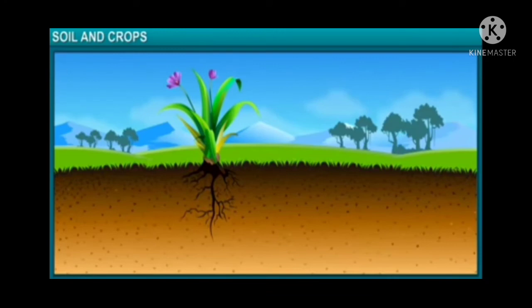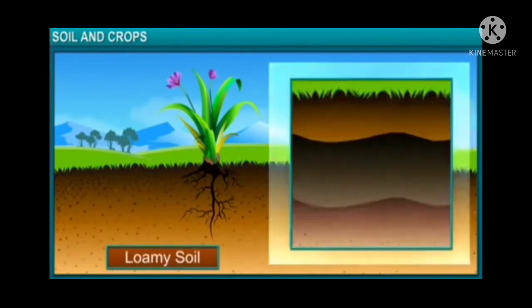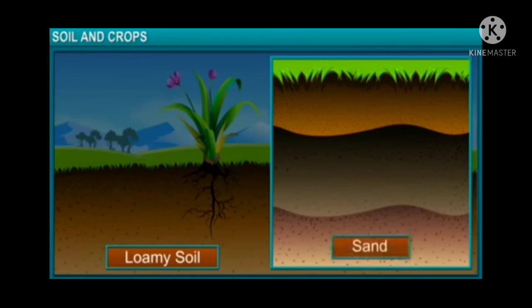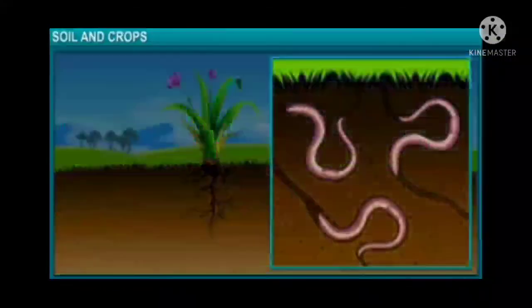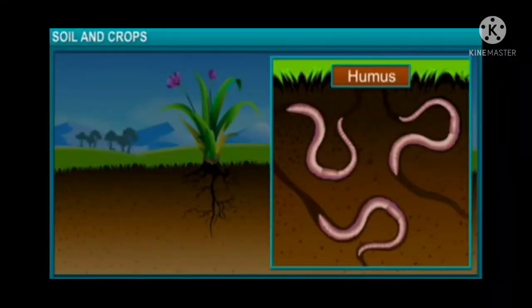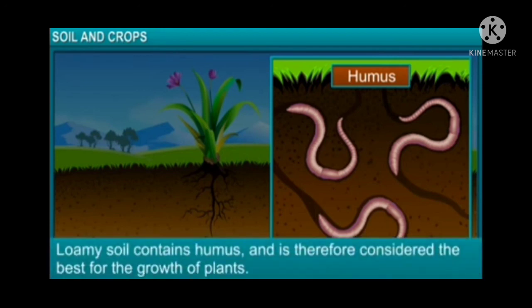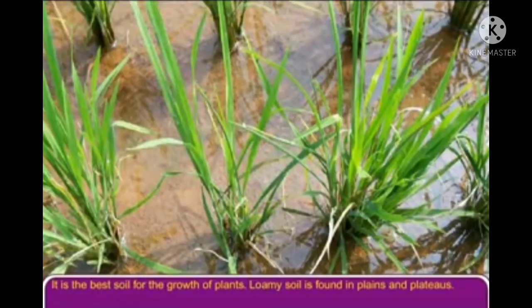Next type of soil is the best topsoil for growing plants, that is loamy soil. Loamy soil is a mixture of sand, soil and silt. Silt particles are present between the sand and soil particles in loamy soil. The loamy soil also has humus in it. It has the right water holding capacity for the growth of plants. Therefore, loamy soil is considered as the best for the growth of plants, and it is found in plains and